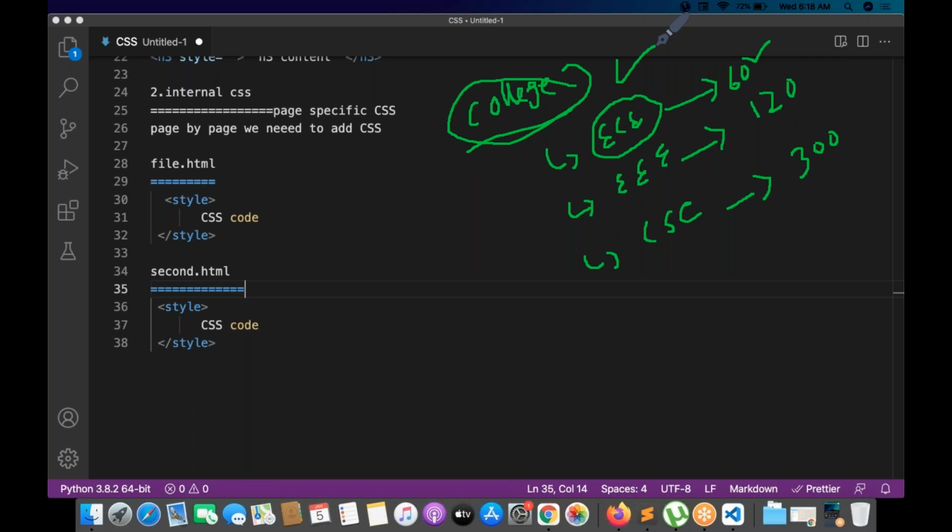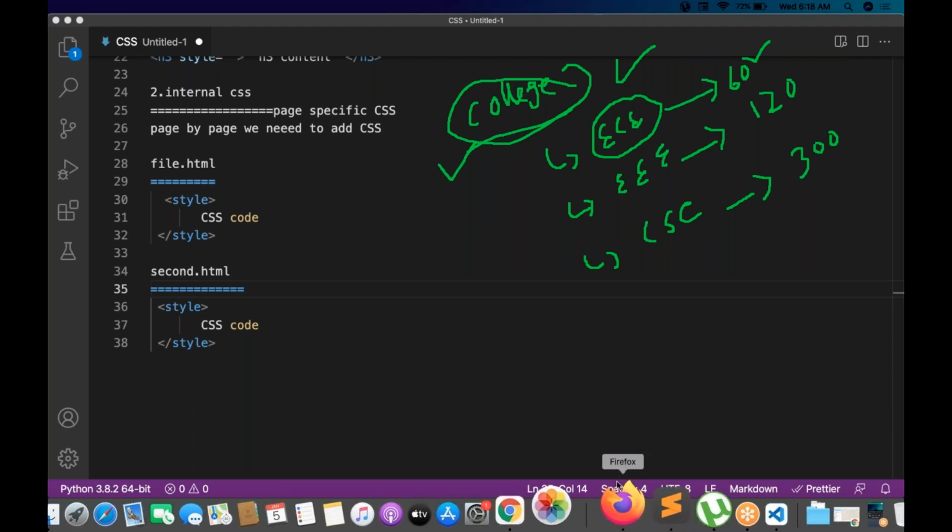External CSS is, throughout the college, one CSS is going to be given. That is called external CSS. So just try to remember with this kind of real-time example. There is one college. There are multiple branches in the college. For each and every branch, there are multiple students available. For each and every student, we are giving CSS, that is inline. For each and every branch, we are giving CSS, that is internal. Throughout the college, we are going to be giving CSS, that is the external.